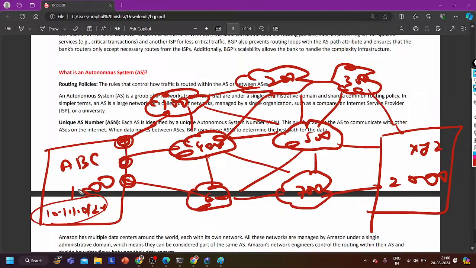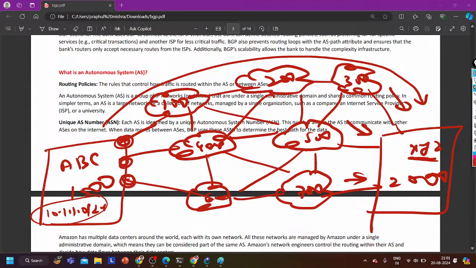By default, ABC company will advertise the prefix to XYZ. XYZ will learn the prefix from 3 different ISPs, right? And guys, whenever a router advertises prefixes to its BGP neighbor, it includes the AS number. In the case of eBGP, as Behzad told, there are two types of neighborship in BGP, iBGP and eBGP. Yes, Behzad? Am I right? Yes, sir. So whenever a router advertises prefixes or update messages to its eBGP neighbor, it will always include the AS number. So when XYZ company receives the route from this path, how many AS numbers will be there?